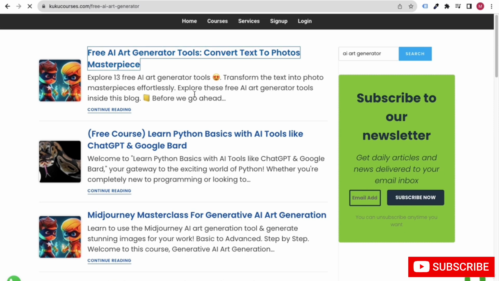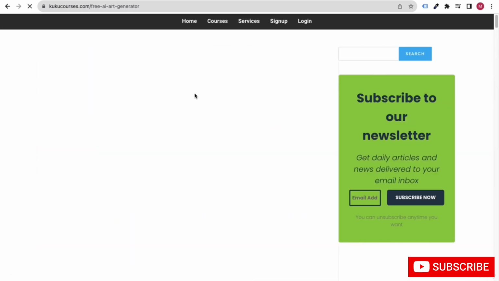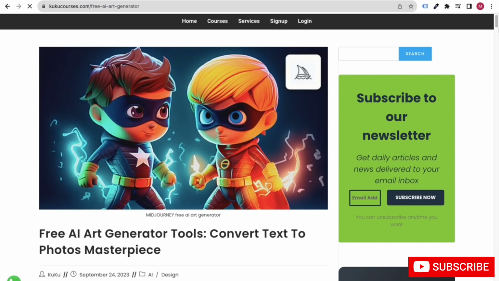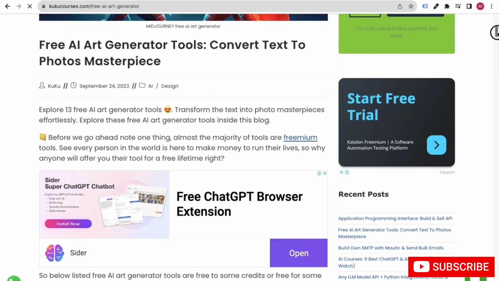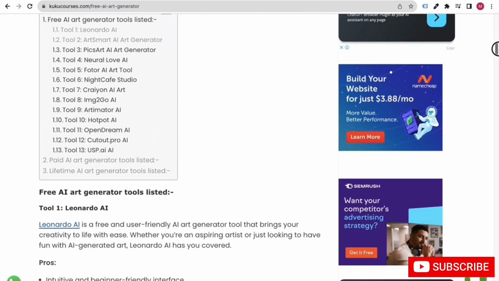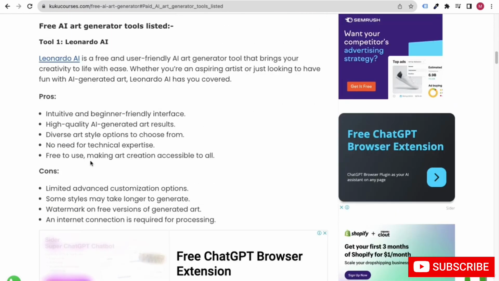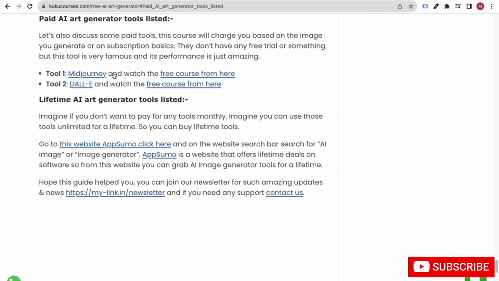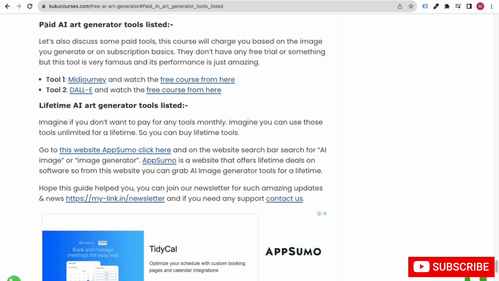Just by typing text you can generate amazing art images through artificial intelligence. This is also a very high demanding topic, but if you are not aware about how it works, you can explore here the paid AI tool generators. Here you can see there are various paid AI generator tools.